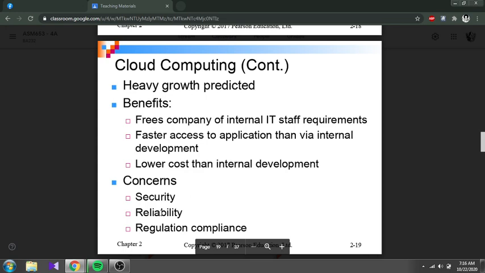Because you have a dependency, maybe you save the data with this outsourced cloud company. If their server goes down, their reaction to get the server back up may be slow. So reliability will be jeopardized. And then regulation compliance.